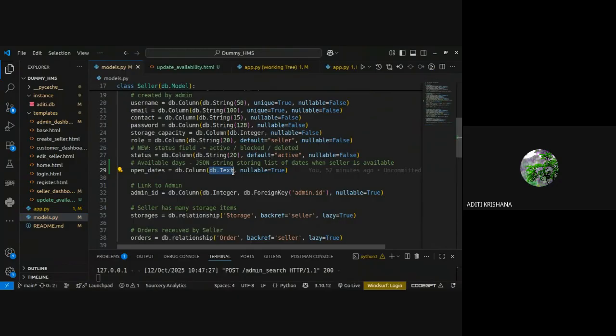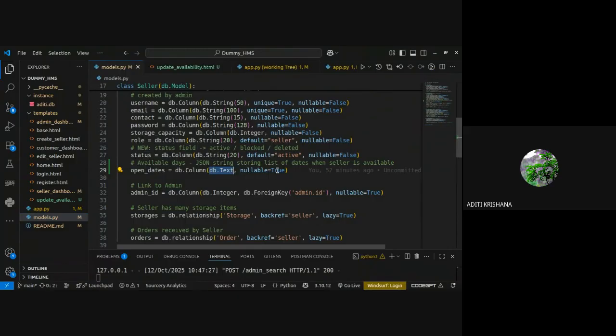Why have I kept the data type as text? Because I am going to store this in a list format. When the dates are stored in a list format, the text data type is the most standard way to use it. Instead of datetime, I am using text here.